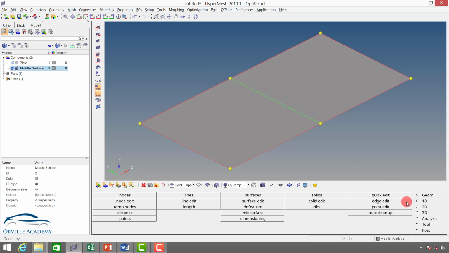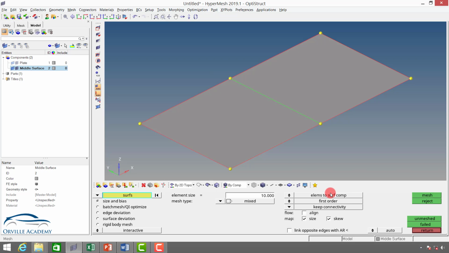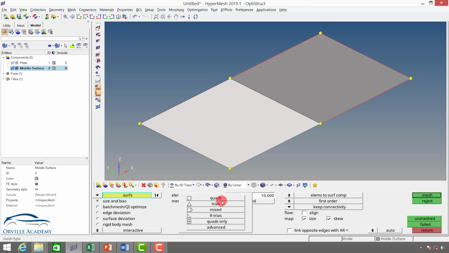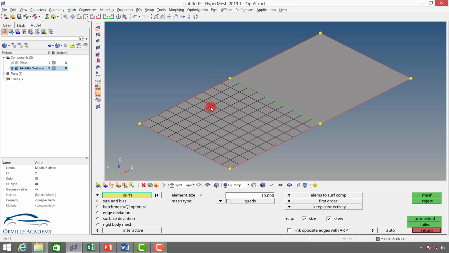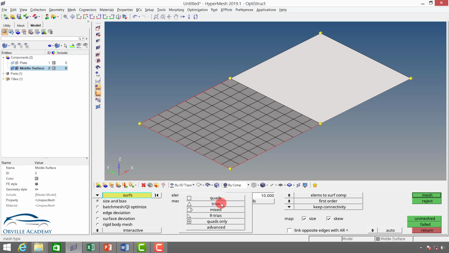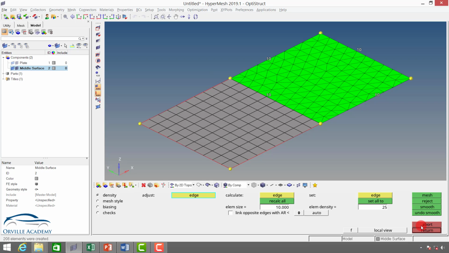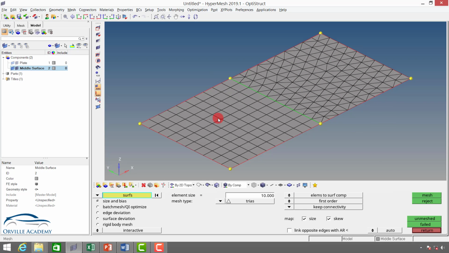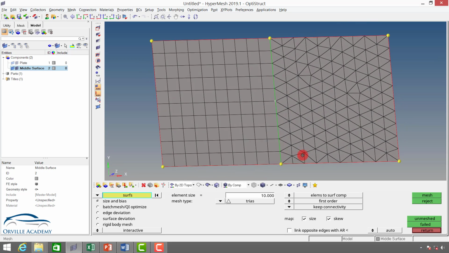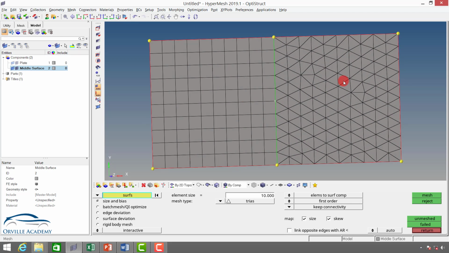Now we will go for AutoMesh. So I will go for 2D, AutoMesh and then select this mesh. Now instead of mix type, I will set my type to chord only and I will say mesh and I will say return. Now you can see all the elements generated are chord. Here I will select it and instead of chord, I will set my element type to triangular one and let's say mesh and let's say return. You can see here I have the chord element and on the right side I have the triangular element. But later on I realized okay, I didn't wanted triangular element over here and by mistake this thing has happened.